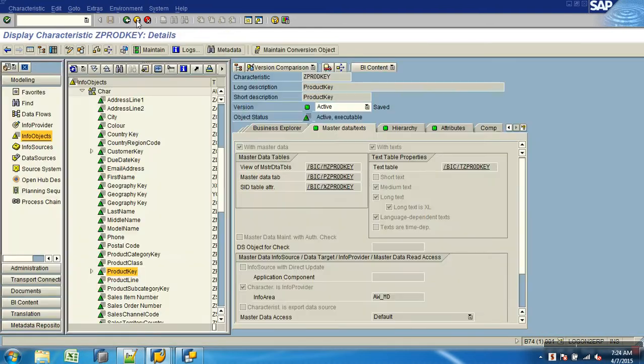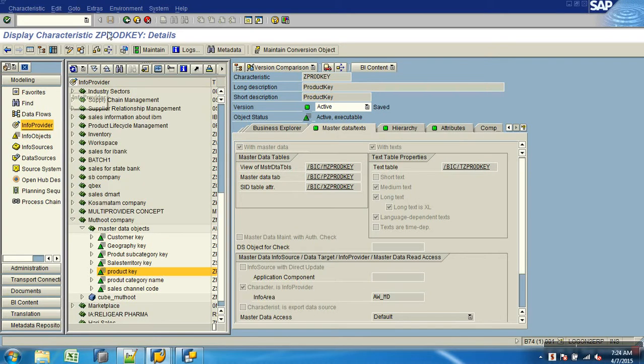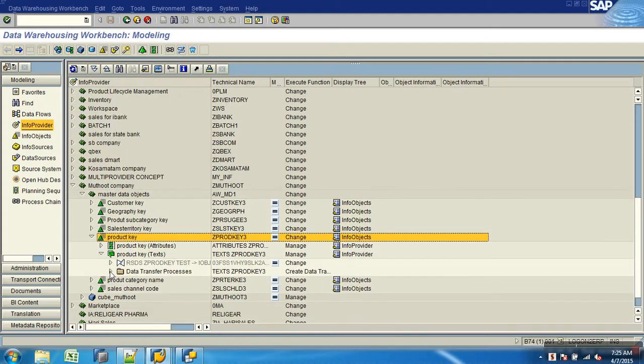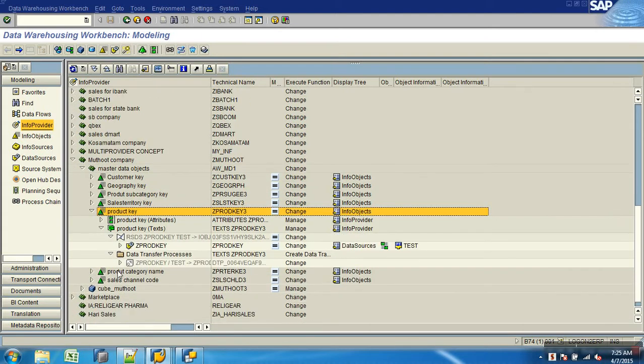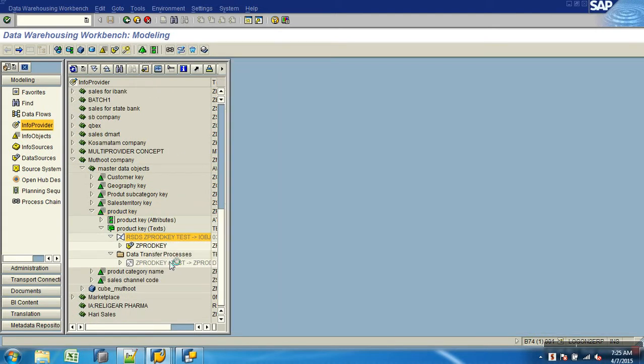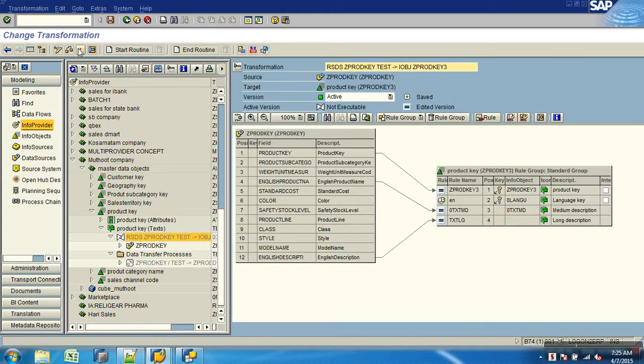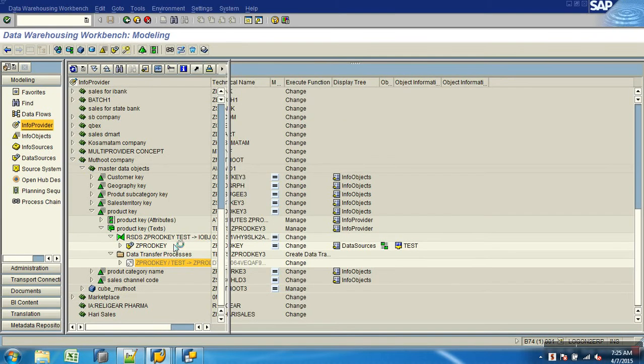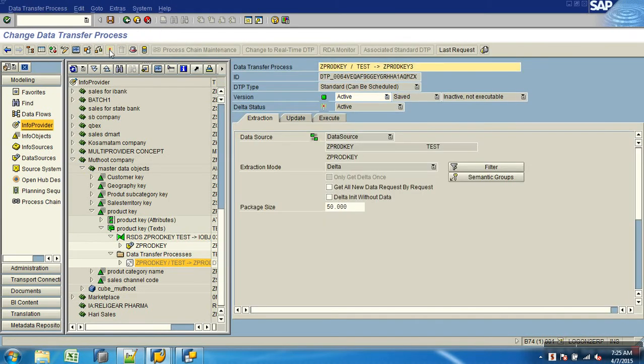Did we delete this or something? Because when you say display as text, if it doesn't have the text table maintained, it will show the key itself as text.